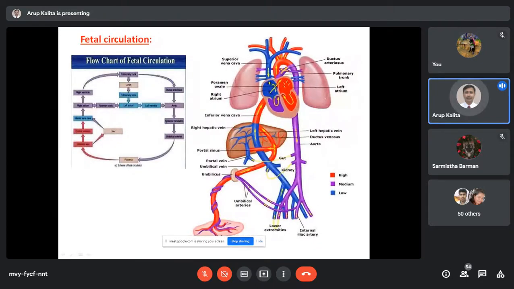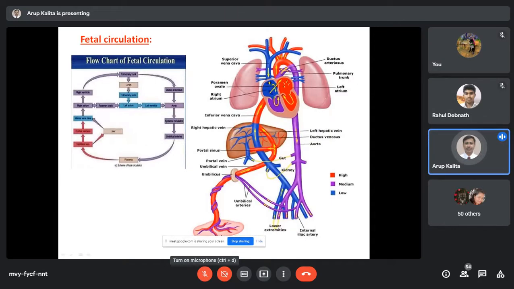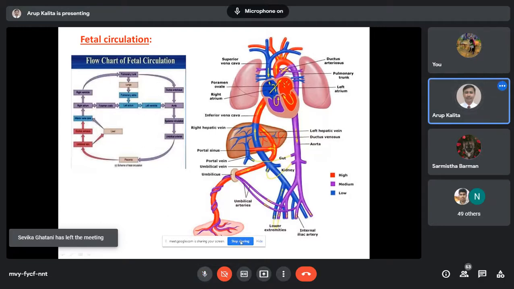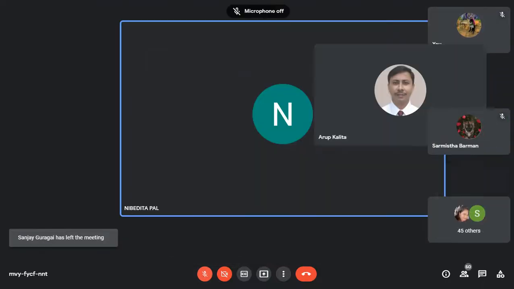Now next class I will discuss the fetal circulation. Okay. Yes, sir. Next class means tomorrow, 12 o'clock. Any query? No, sir. Because the slide is bigger, no? Yes, sir. Actually, previously I did not know that procedure. Somebody told me to do it like that, that's why I did it today. Okay. Anyway, thank you, everybody. So tomorrow at 12 o'clock we will discuss the fetal circulation. Thank you, sir.